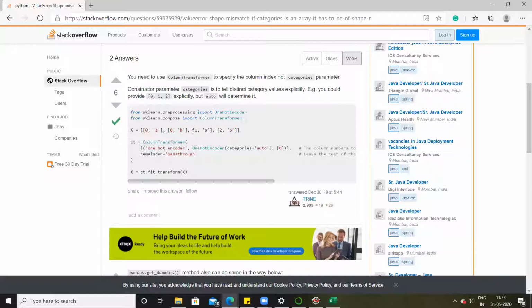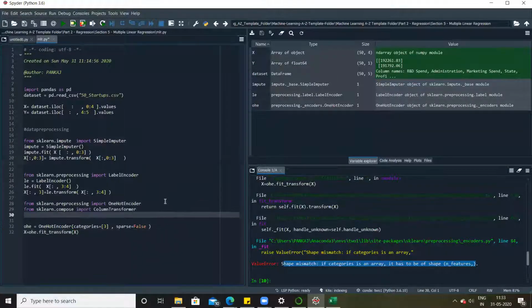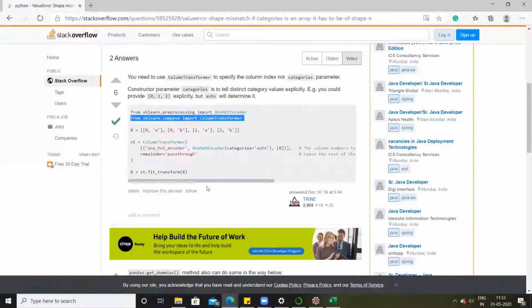What they are saying is that now in one-hot encoder, we have to use it along with ColumnTransformer. This is another library which we have to use. So I'll simply copy this library name and paste it here. Then again, I'll go back. Here you will see it is creating an object. We already have X, so I'm going to ignore this line. So I'm going to now create an object of ColumnTransformer. In ColumnTransformer, we are informing it the key is one-hot encoder, the entire object of one-hot encoder, which is using the 0th column.